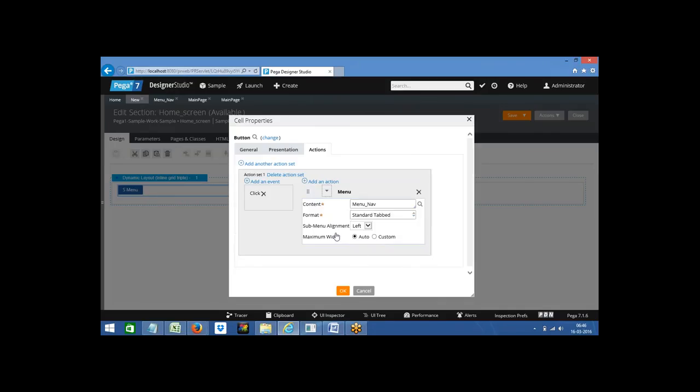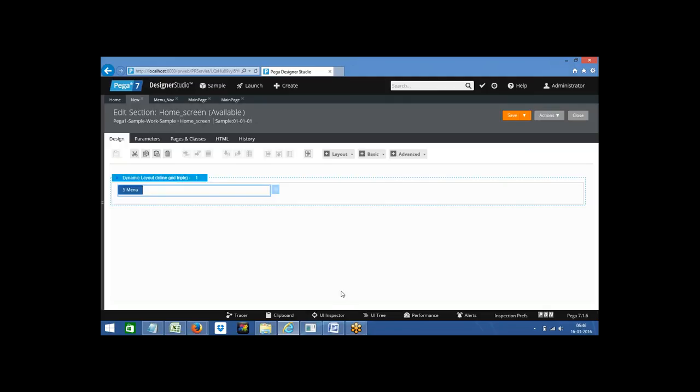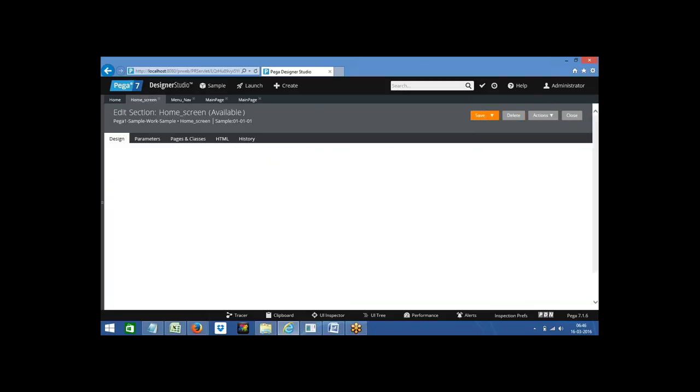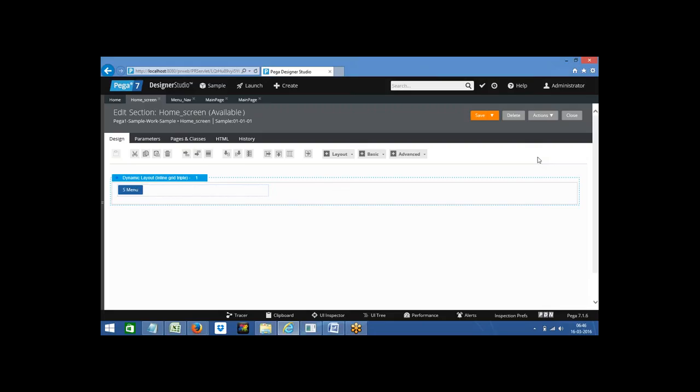Okay, so with default alignment and default width, I'm taking, click on OK. Okay, so like this, save this control. And if you try to add this in a flow action, and if you add this one inside a flow diagram, first of all if you want to see the preview,